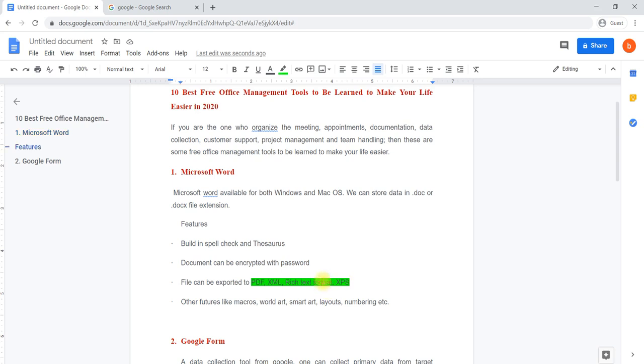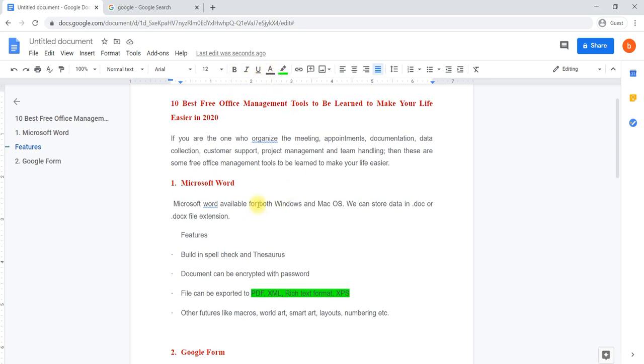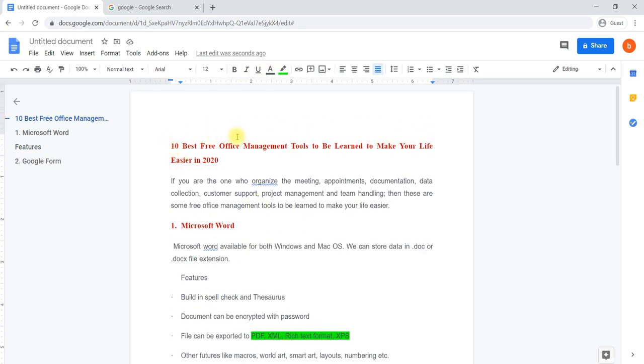This is about basic formatting, like changing a font color, highlighting a font, or copying a format to another. Whenever you have formatted, you can check here, those have been taken here. This is nothing but a Word, this is nothing but a Google form.